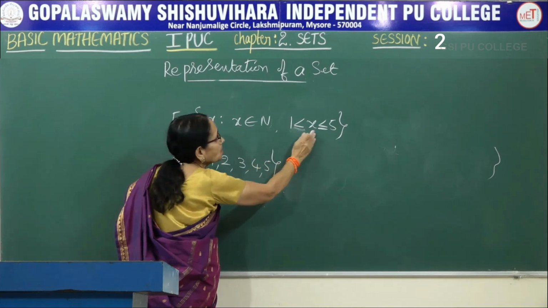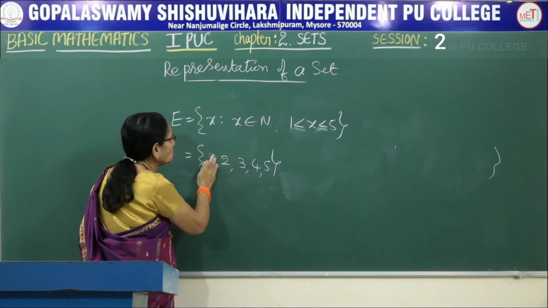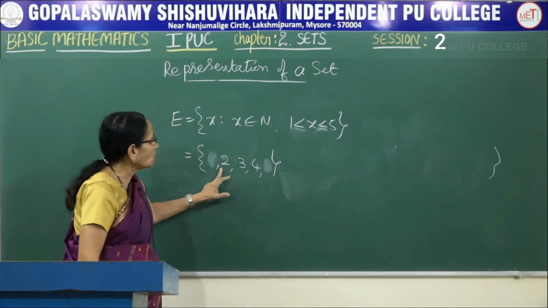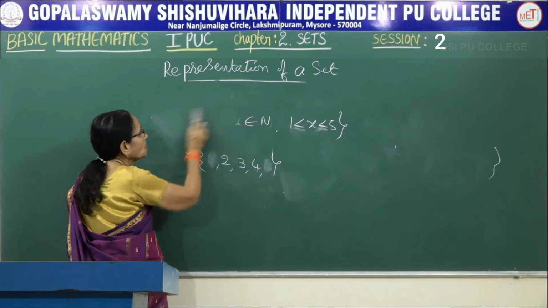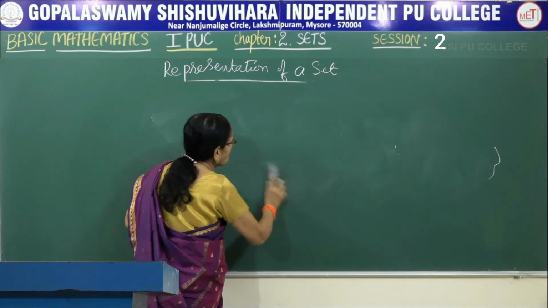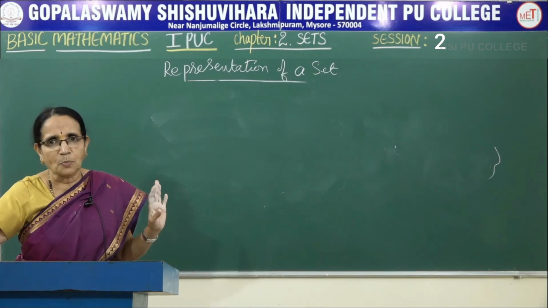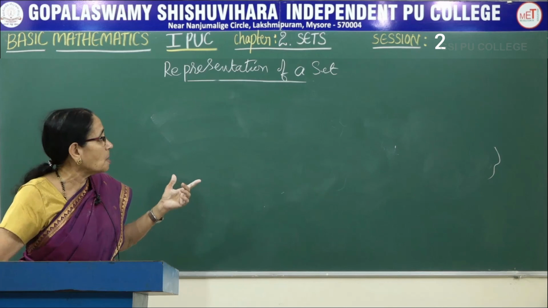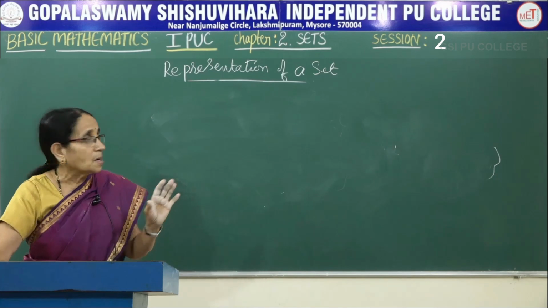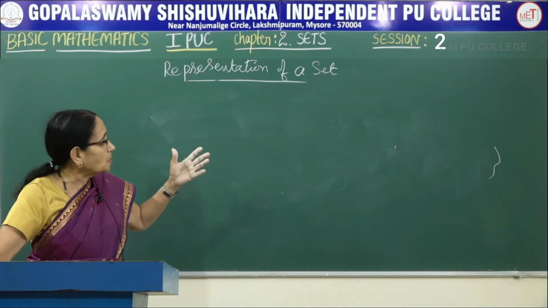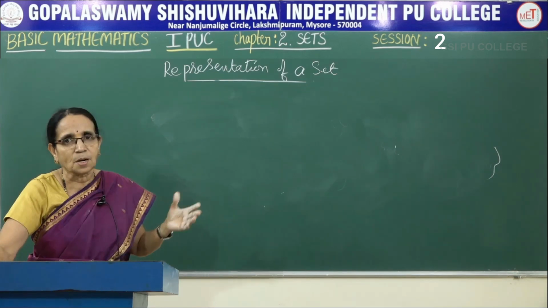Suppose I had not written the equality sign. Then you have to omit 1 and you have to omit 5. It would be only 2, 3, 4. So it is the rule method to the set builder form to roster form, or roster form to set builder form. Whatever rule is given, you understand it correctly and write the elements properly. Suppose it is given in the roster form, to write the property satisfied by that one, observe the numbers correctly and then write the rule that would be satisfied by all the elements of the given set. So you have to be careful.